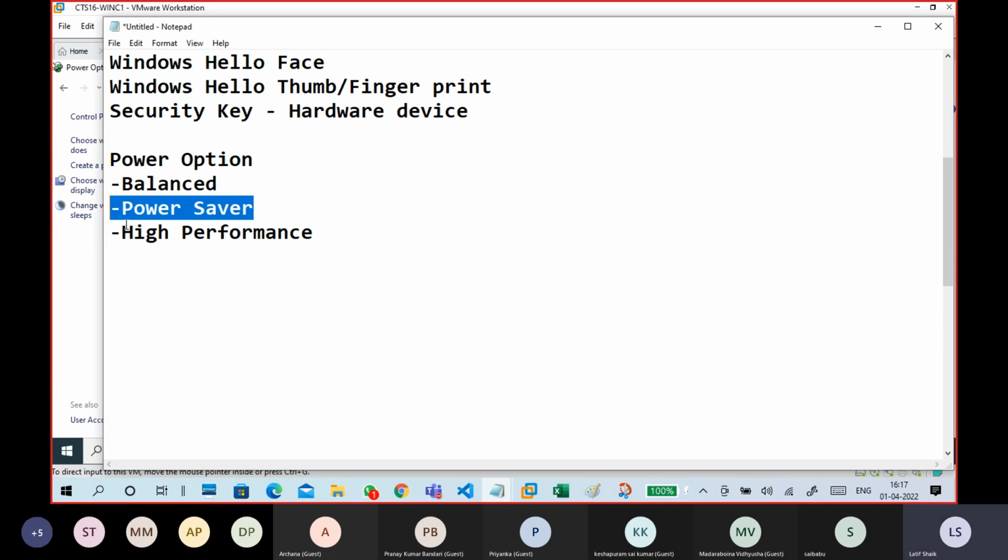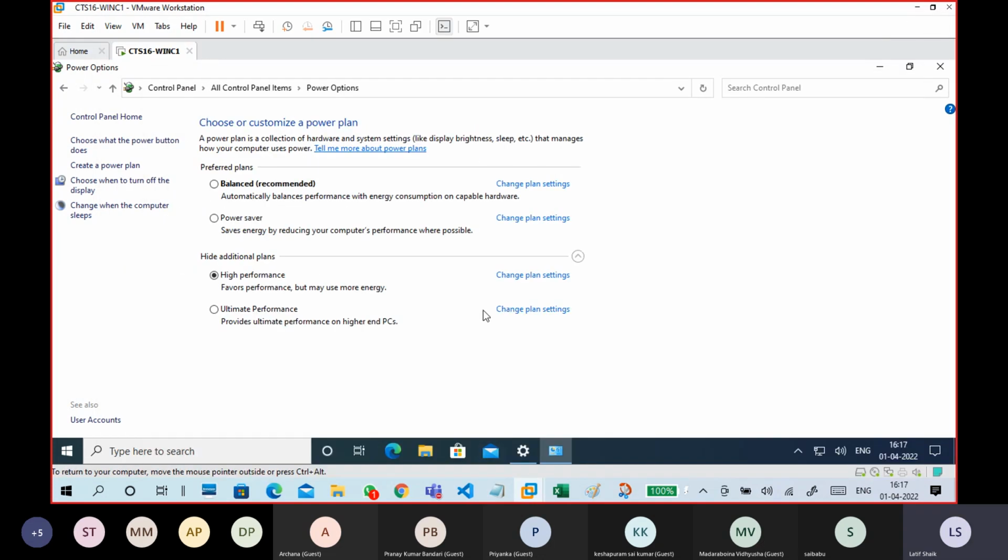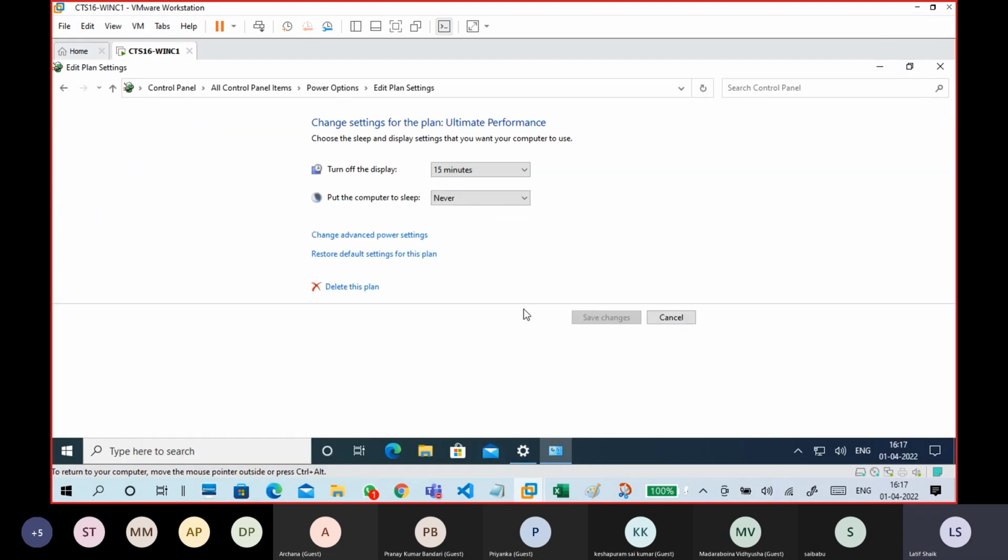In power saver: less battery consumption and less performance. Balanced: it balances both battery consumption and performance. So three things. Ultimate performance is one extra option. That is okay, you can go to ultimate performance, you won't feel much difference between those two.